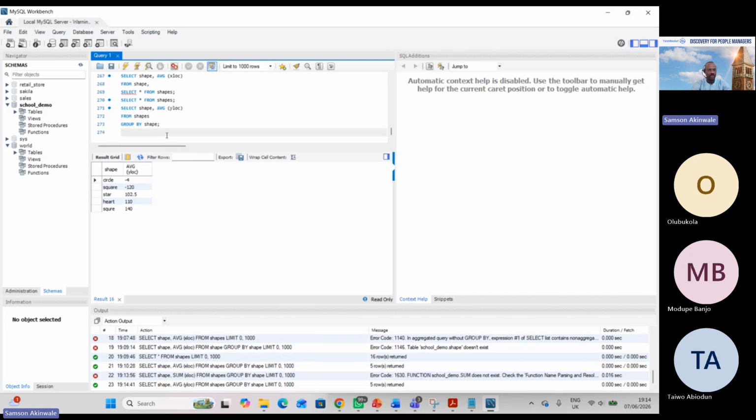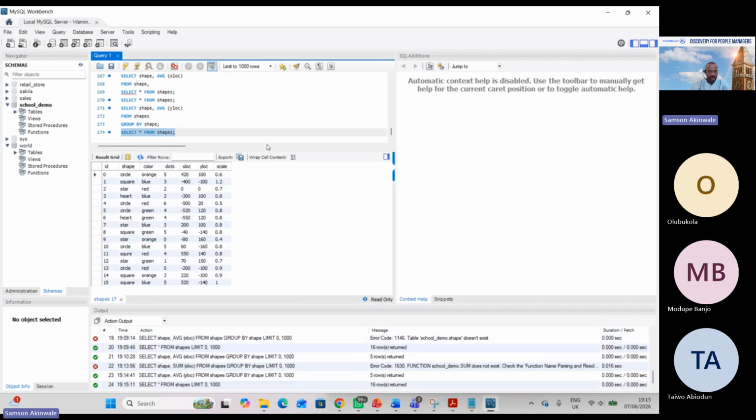What other column does this table have? Select all from shapes. Yeah, the entire table has color, dots, S log, Y log, scale. Yeah, fantastic. So I can go further to say after it has selected this,